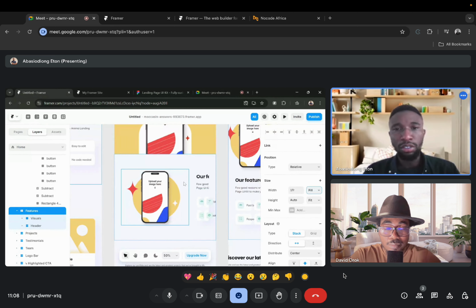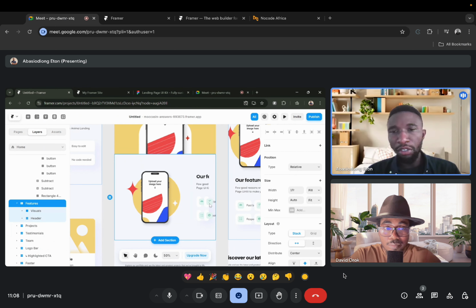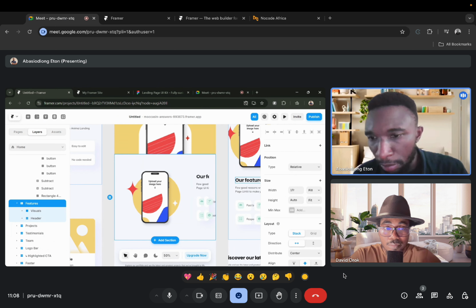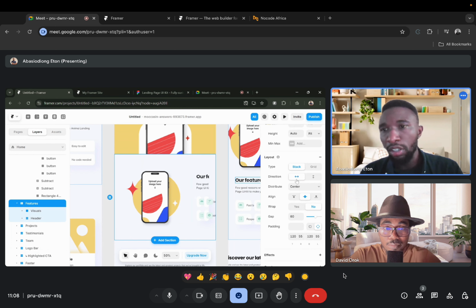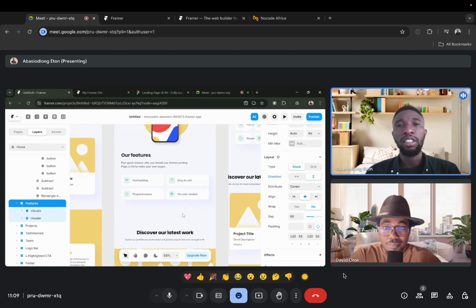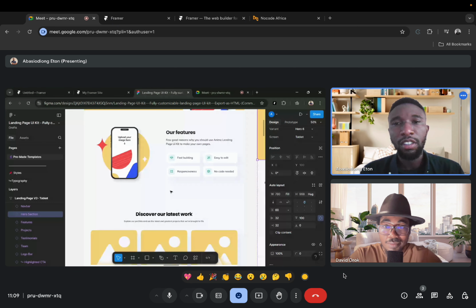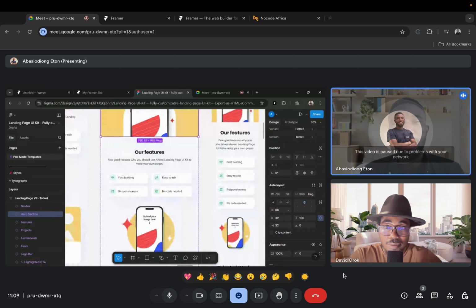I'm going to head over to the tablet breakpoint, change the direction from horizontal to vertical. All right. So you can see it came in perfectly. We just have to put it at the center. We have everything center aligned in the Figma file. So we have to take note that I won't be going through the